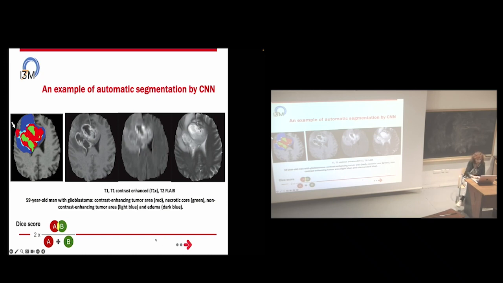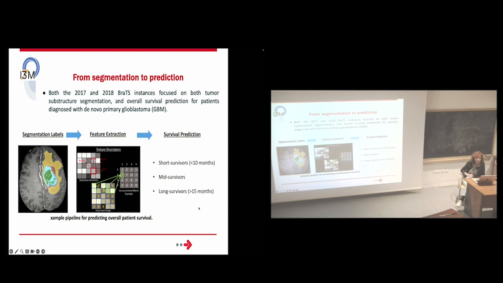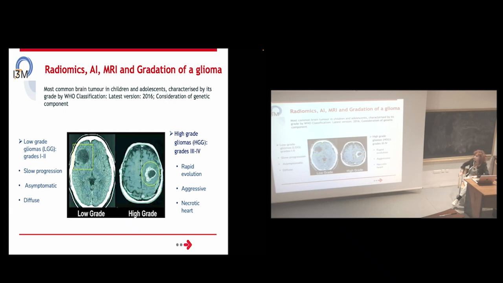But moreover, the interest after the automatic segmentation is to have a prediction of the grade. So that's something also to take into account for the BRATS challenge. And since 2017, the BRATS challenge asked to give an overall survival prediction score for patient diagnosis with primary glioblastoma. In fact, it's really important because there are two main grades of glioma